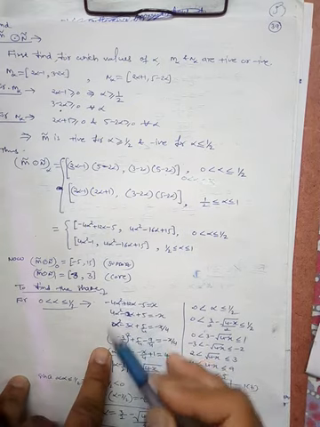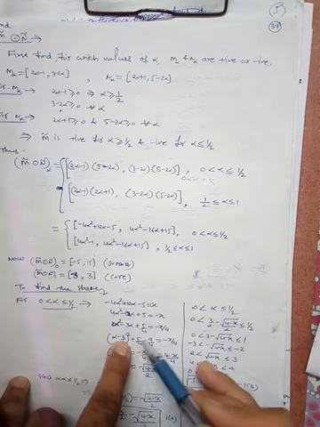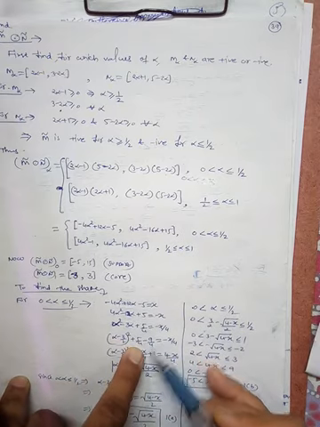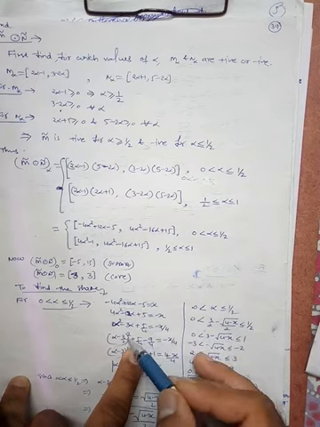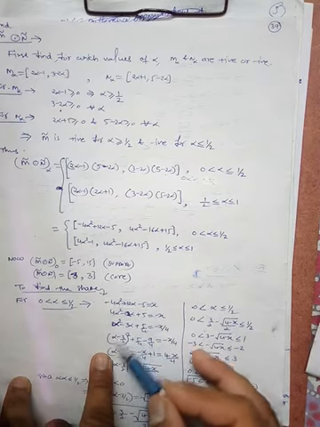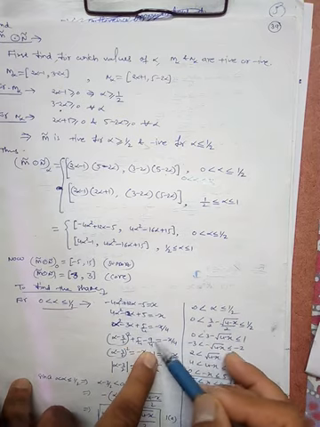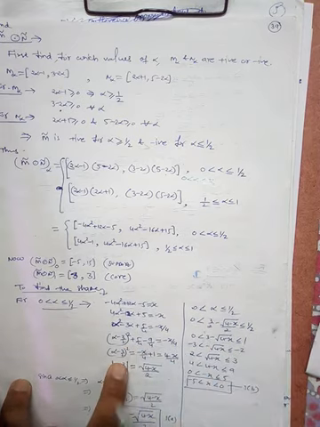This can be rewritten as (alpha minus 3/2) whole square plus 5/4 minus 9/4. That means we have added 9/4 and subtracted 9/4 and then made the complete whole square. (Alpha minus 3/2) whole square plus 5/4, this quantity minus 9/4 is equal to minus x/4.